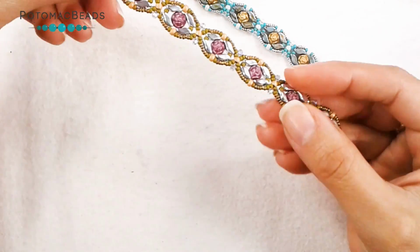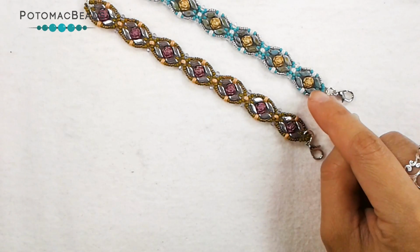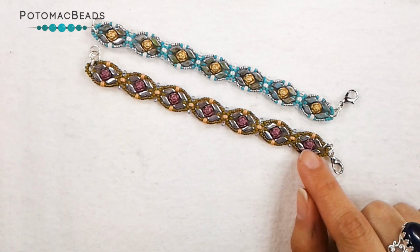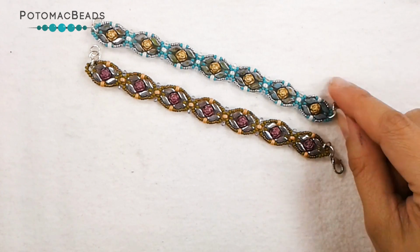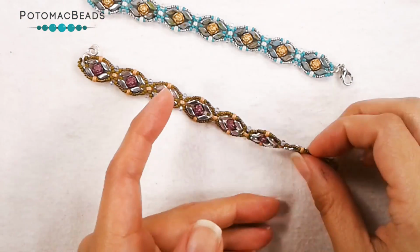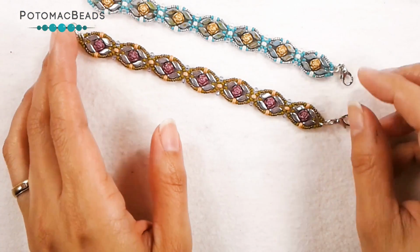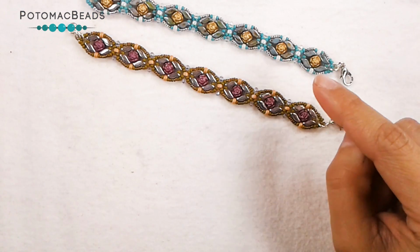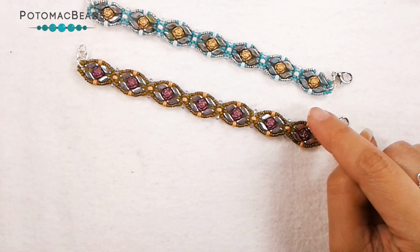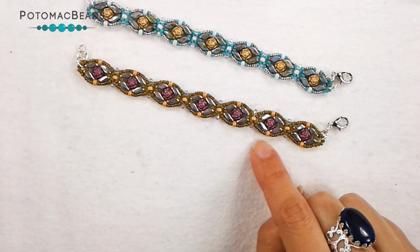This is another one that I made, and on this one I used my Aztec Gold color rosettes. This one is the pastel burgundy rosettes. My StormDuos on this one are the white blue luster. StormDuos on this one are just the Labrador full. And then the 8-0s on this one are Toho. The 8-0s on this one are the opaque luster Navajo white. And on this one, they're the Toho